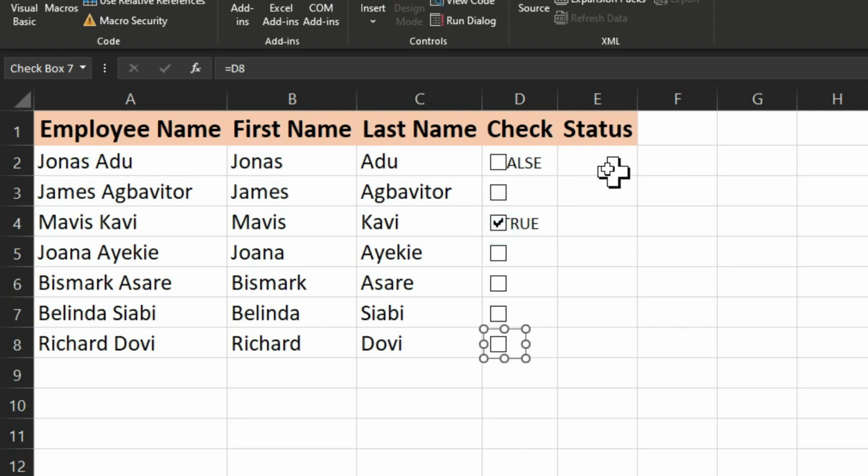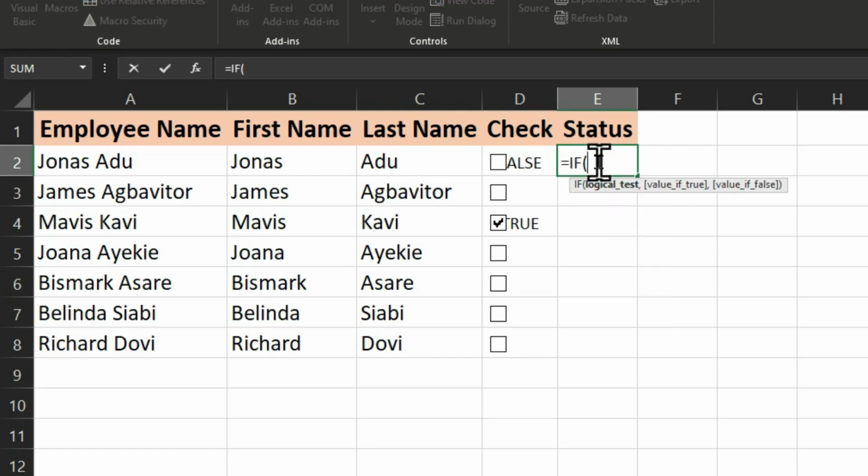and then have the status of these employees. So under this column, I'm going to use the IF function to get my result or my output. So I'm going to type the equal to and the IF function. Now I am looking for my logical test, and that is located in D2. So if D2 is equal to true,